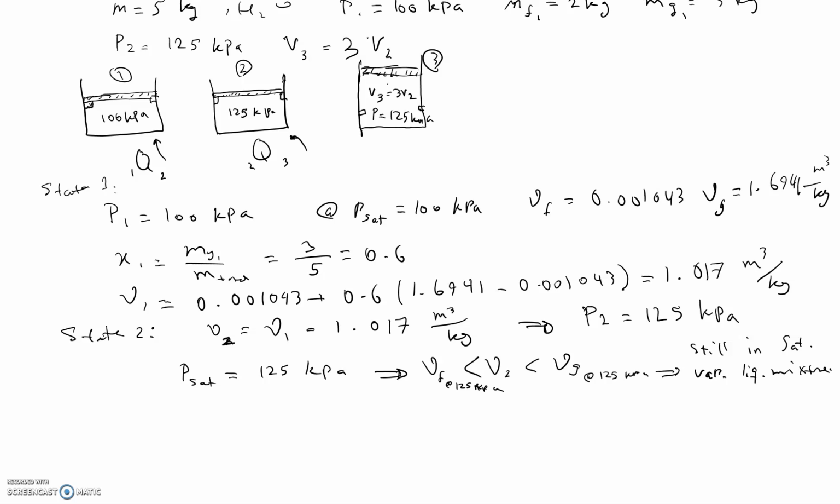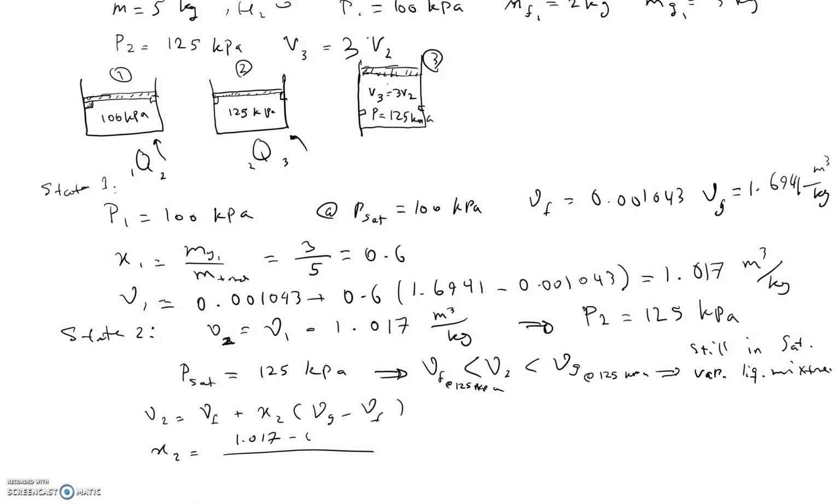And now, what is the quality? Again, we can use the same equation we used here, but this time we solve for quality. So nu 2 is equal to nu F plus x2 multiplied by nu G minus nu F, right? And you can solve it for x2, and that would be equal to